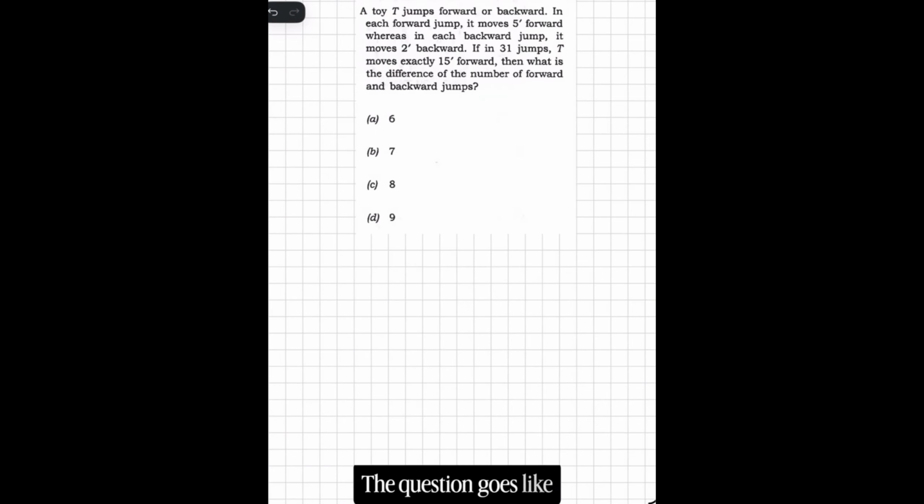The question goes like this. A toy T jumps forward or backward. In each forward jump, it moves 5 feet forward, whereas in each backward jump, it moves 2 feet backward. If in 31 jumps, T moves exactly 15 feet forward, then what is the difference of the number of forward and backward jumps? So let's consider the number of forward jumps as F and the number of backward jumps as